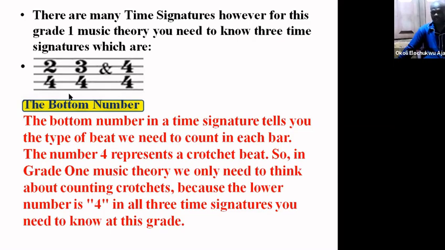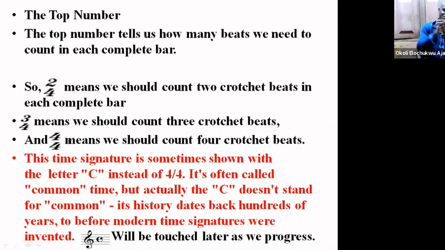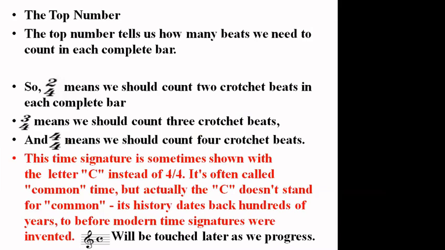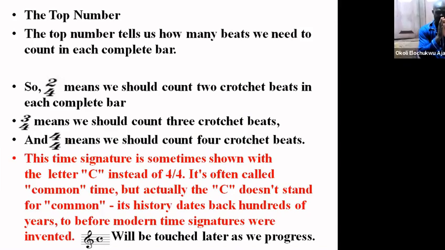Now the top number tells us how many beats we need to count in each complete bar. If you have 4 as the base, now you are looking at that 4, the beat that is being talked about is the crotchet beat. And so the number on top of the 4, the top number, tells you now how many crotchet beats that you have in a complete bar. So as you have 2, 4,